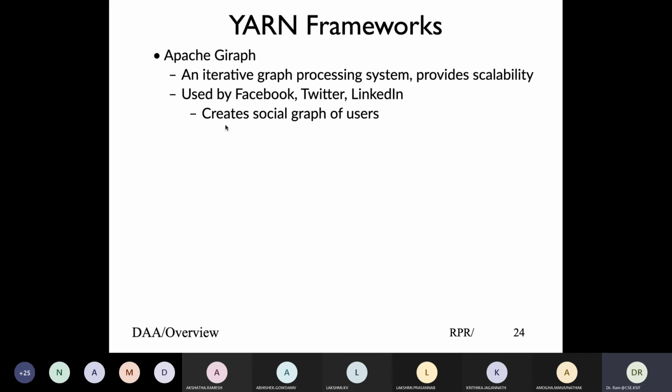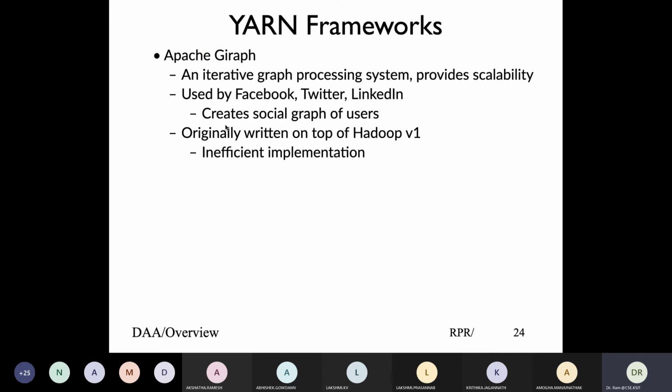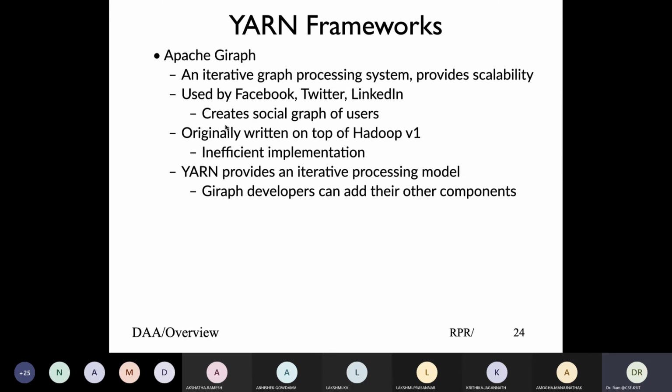If you want to build a whole graph of users, the number of nodes could be much larger, in millions. Creating a social graph of the users and processing it is what is given by Apache Giraph. It was written on Hadoop v1, but highly inefficient, and with YARN, with Hadoop v2, it becomes a lot more efficient.